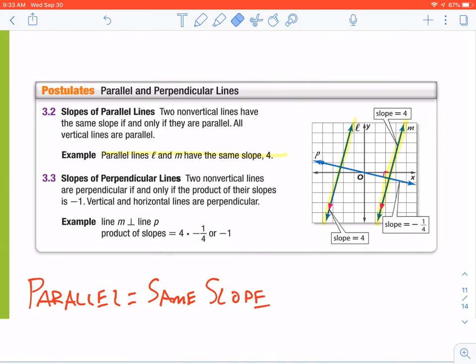Now let's talk about if I have two perpendicular lines that make a right angle. Remember, perpendicular means two lines that cross and create a right angle. What's going to happen is you can see here that this slope is 4 and this slope is negative 1/4. So I go from 4 over 1 to negative 1/4. What did I do? I flipped the fraction